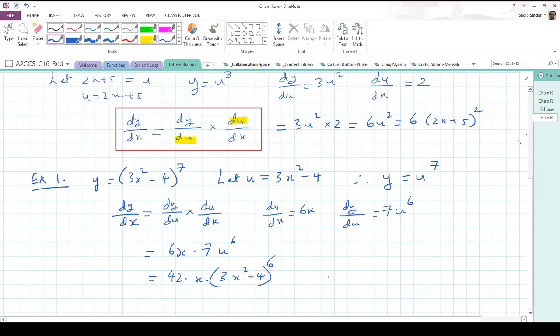6x? Which one? 6x here? No. Here? Alright, so all I've done, let me highlight this. The dy over du is this part here, and that is 7u to the power 6. What, so is it just set, what? Is it like what? There's a dot between. That's just multiplying. Oh. Yeah, I didn't use a cross sign because it looks similar to the x which we're